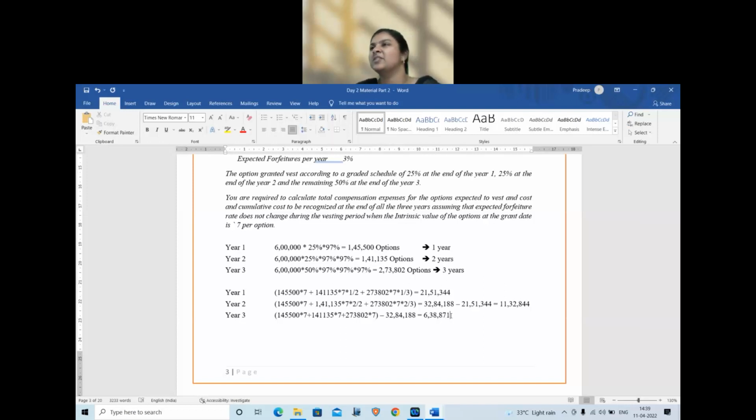ESOP generally is not asked for 10 marks, but if they ask for 10 marks, they will ask both working and journal entries together. That sum, they will ask for 10 marks. But mostly they'll ask only